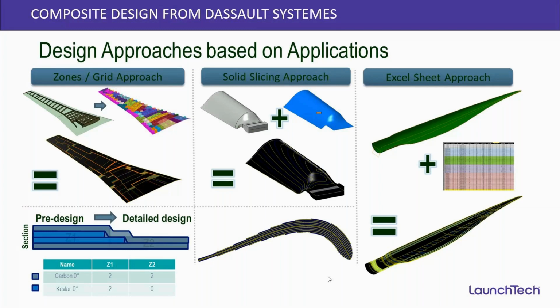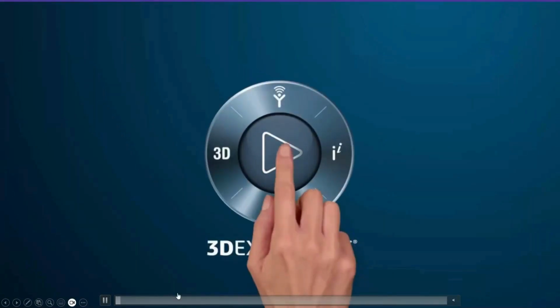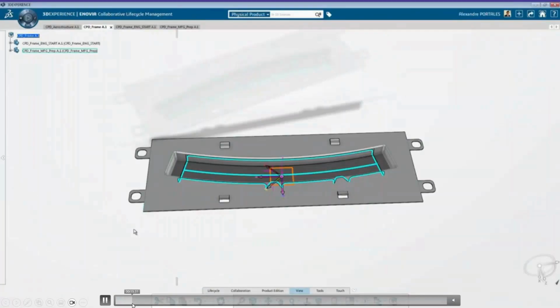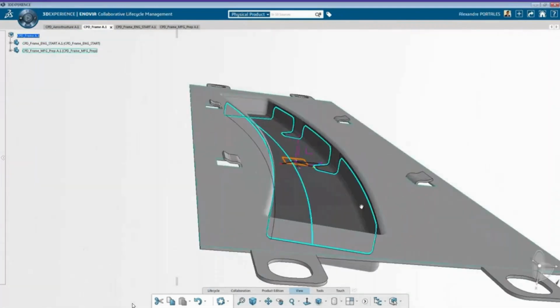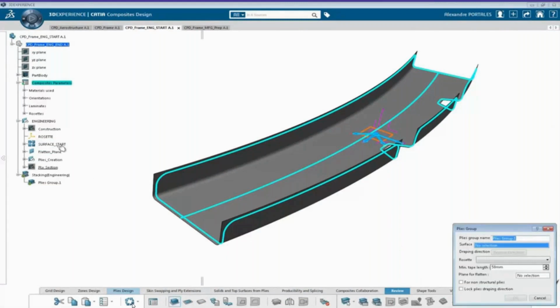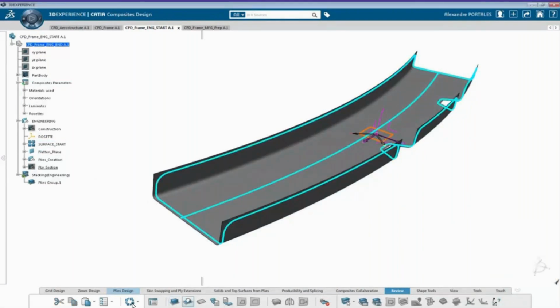So let's say you're looking at something very simple, and you want to use a ply by ply approach to do the layup, you would use what we call the zone and grid method. It would look something like this. In this video, what you'll be able to see is that once we set up the system, we have the mold surface to work with. From there, we'll be able to create wireframes, and on those wireframes, we'll use them as markers. For those markers, we are going to populate the regions, or the contour,